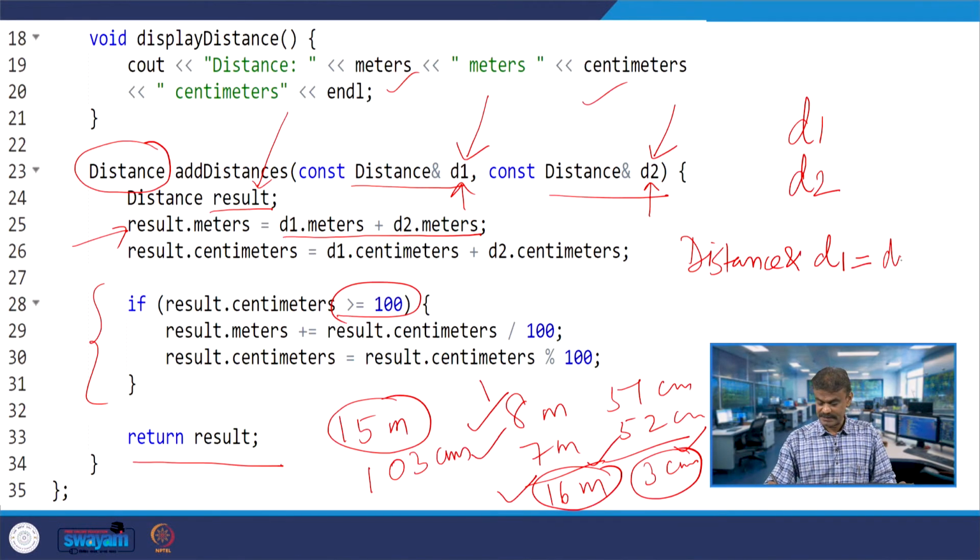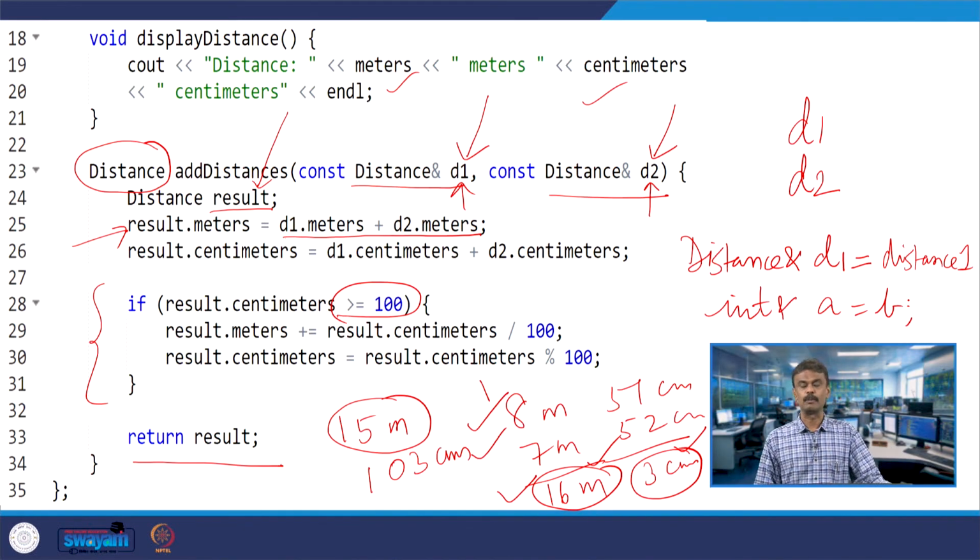This is the exact syntax, which you might have studied in basic procedural oriented programming, like int address A equal to B. The meaning is both variables A and B are pointing to the same address. In a similar way, the D1 object and distance 1 object both are pointing to the same address. Similarly for D2.